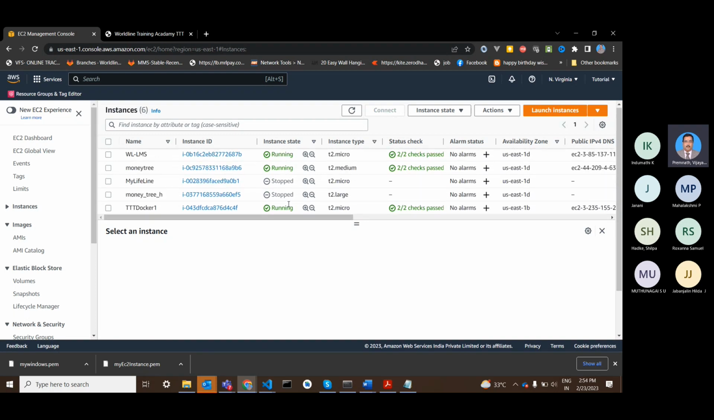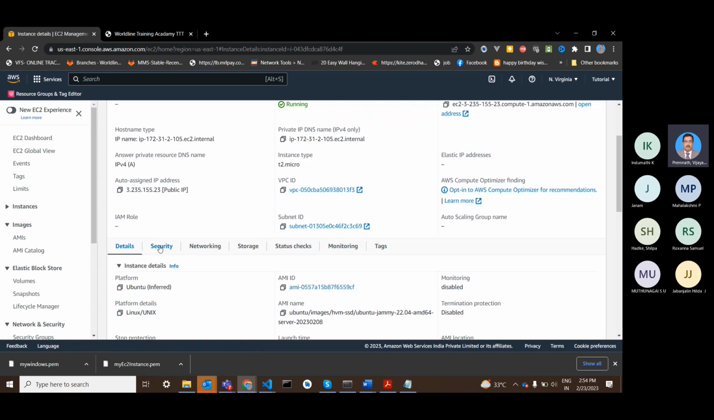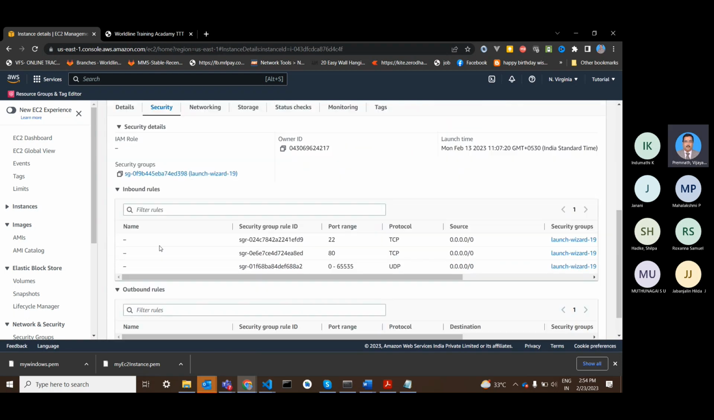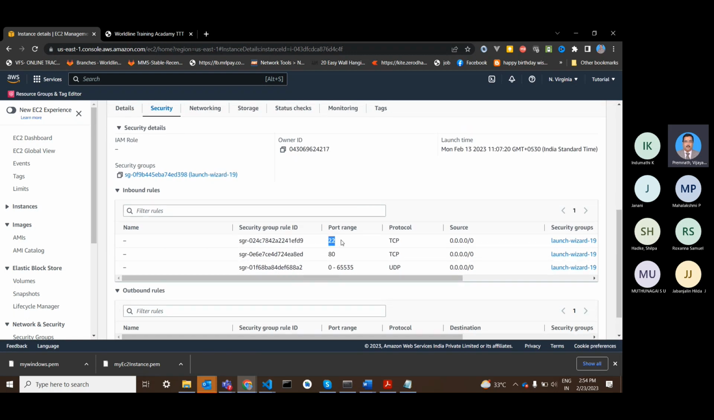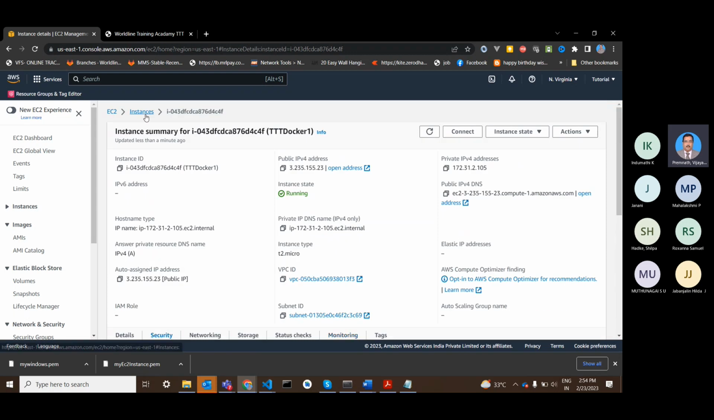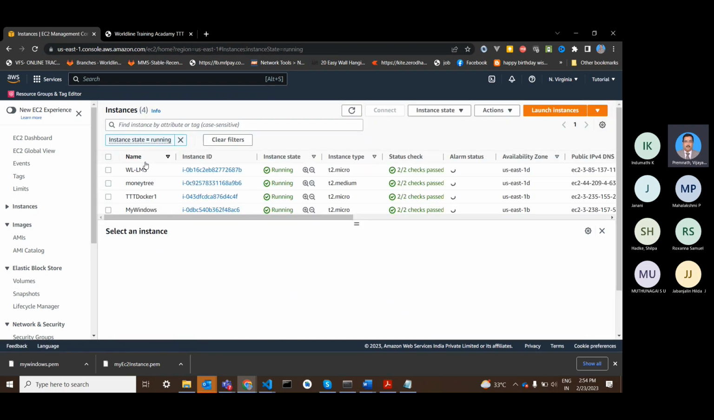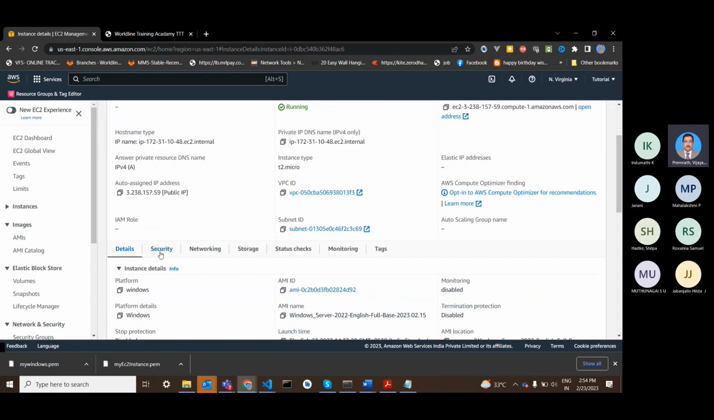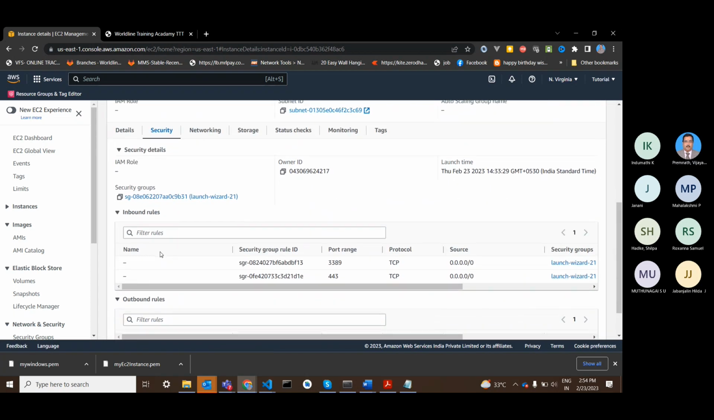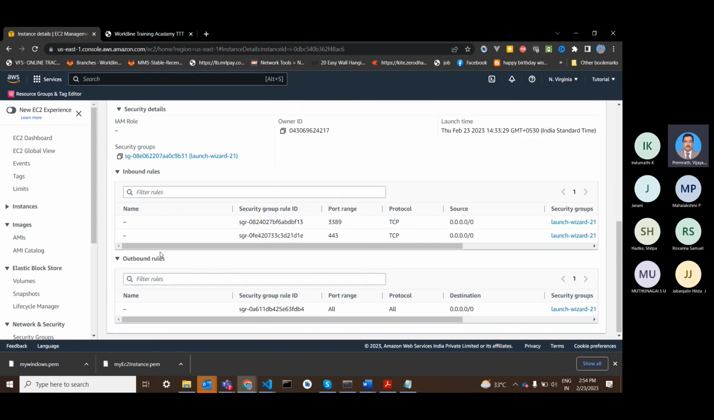See here, we already created a Docker container, right? So when we go to security here, it's enough if we are having port 22 so that we can connect to the instance. But here it is not like that. You have to use a different port because we are going for remote desktop enable. So for remote desktop enable, what you have to do, just click here, go to security, go to that inbound rule,